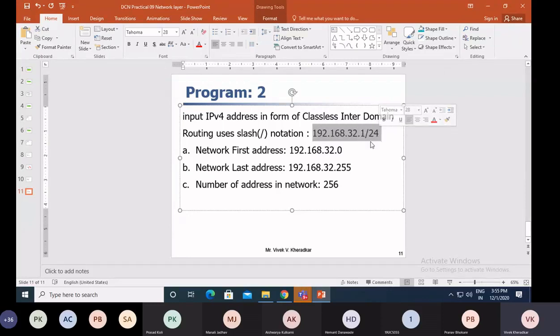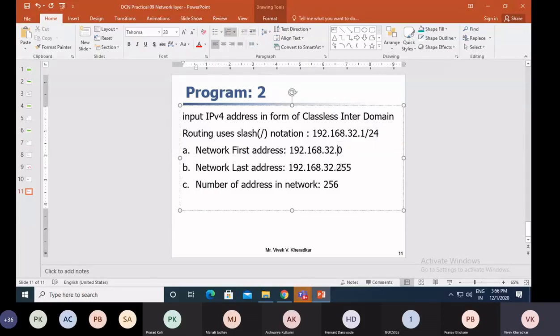What is the first network address? You find it by setting the rightmost 32 minus 24, which means 8 bits, to 0. So the first network address is 192.168.32.0, since the last 8 bits are 0.